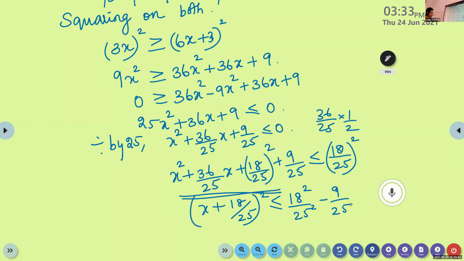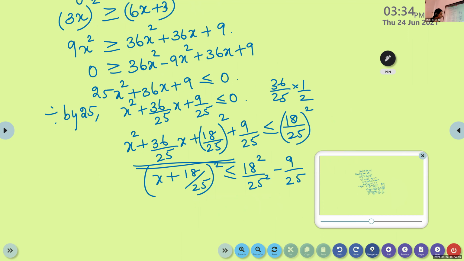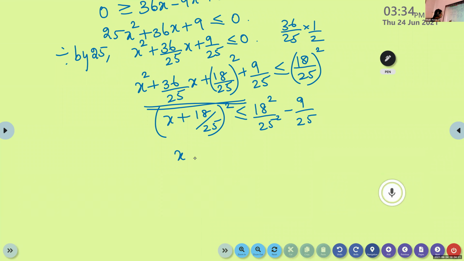You are adding half the coefficient of x, the whole square, on both the sides. So combining these three, it is of the form a square plus 2ab plus b square, which is less than or equal to 18 by 25 the whole square. We can write this as 18 square by 25 square minus 9 by 25. So that is the next step. We can write this as x plus 18 by 25 the whole square is less than or equal to